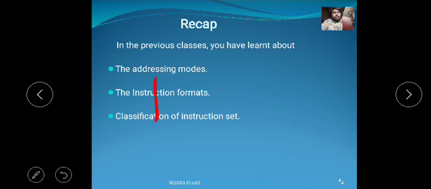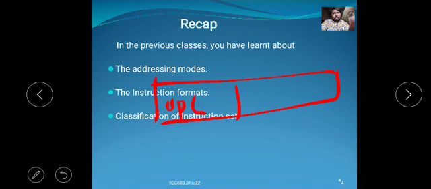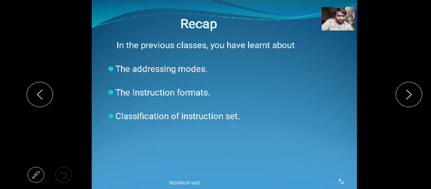The instruction format contains two fields, opcode and operand. This is the instruction format. Based on length, the 8051 microcontroller instruction set is classified into three ways: 1-byte instructions, 2-byte instructions and 3-byte instructions.